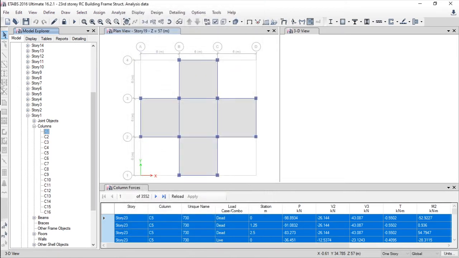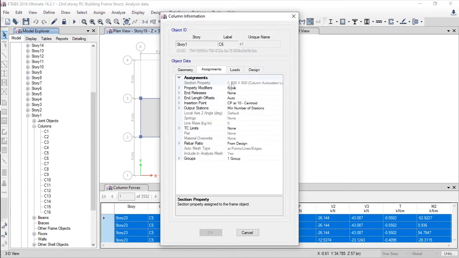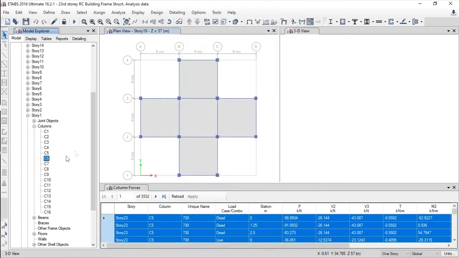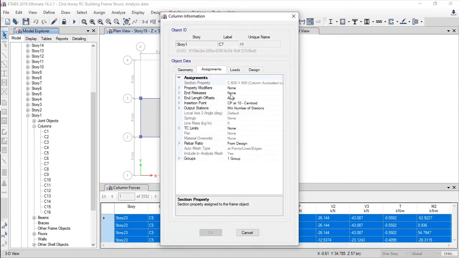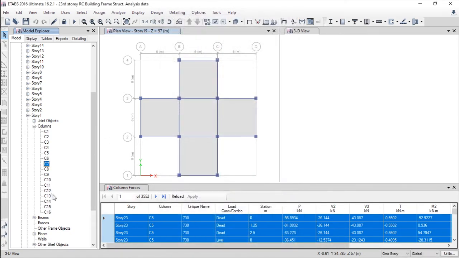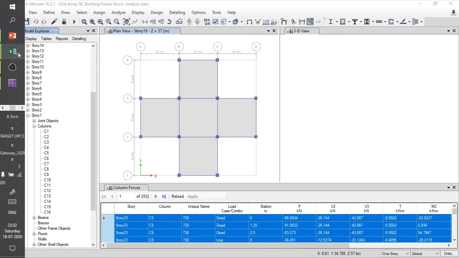And for the other sections, suppose for C6, it will give us the column section as C600 into 600, and for C7 also it will give us C600 by 600, and 10 and 11, which are also similar to 6 and 7, you can see from here, and the other columns having a dimension of 500 into 500 millimeter.